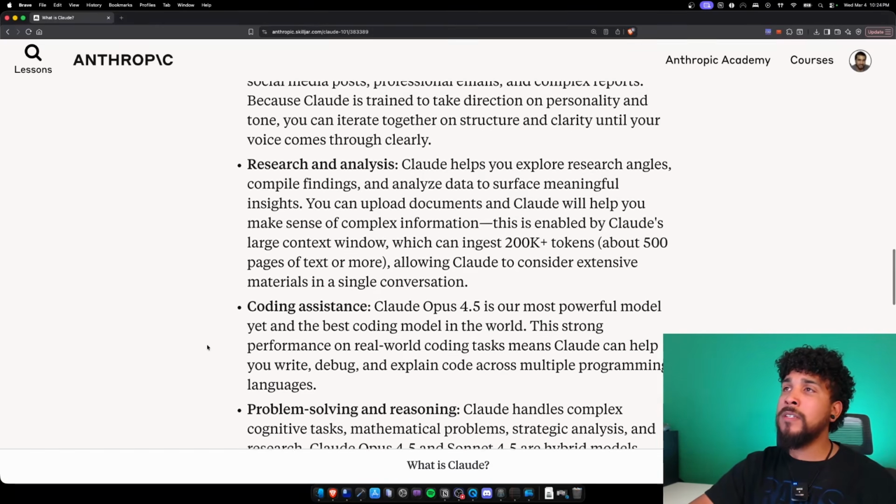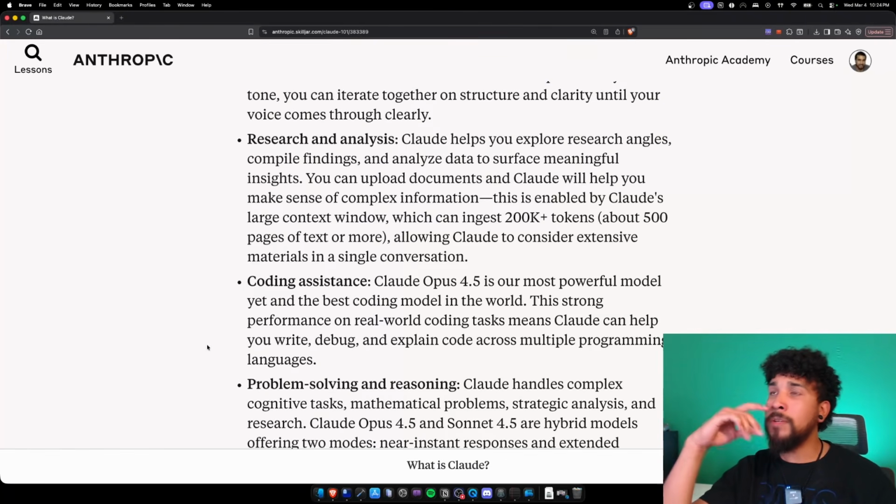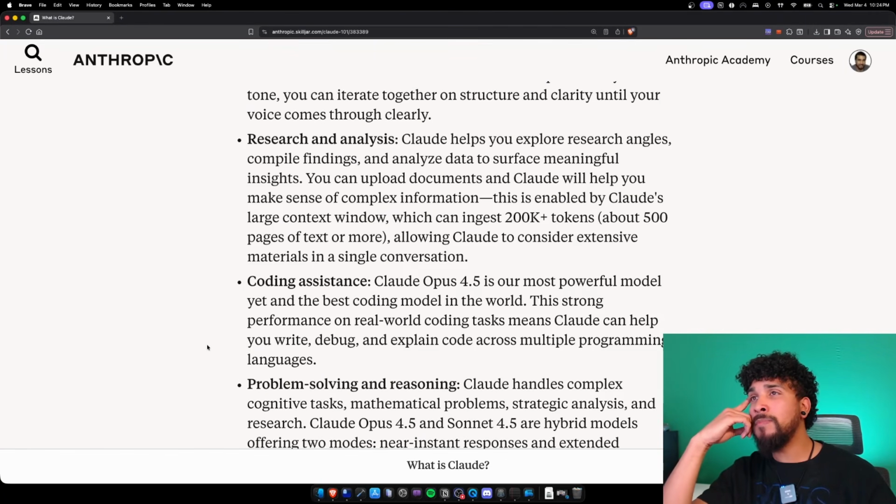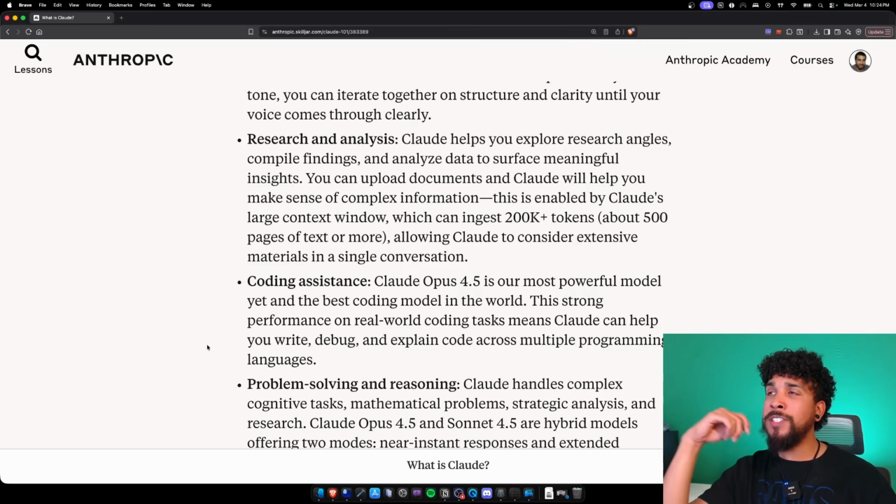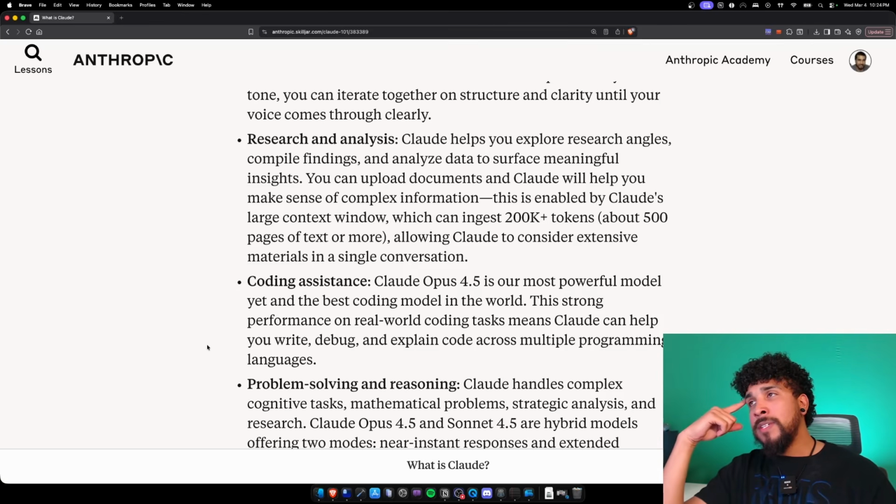Research and analysis. Claude helps you explore research angles, compile findings, and analyze data to surface meaningful insights. You can upload documents and Claude will help you make sense of complex information. This is enabled by Claude's large context window, which can ingest 200,000 plus tokens, about 500 pages of text or more, allowing Claude to consider extensive materials in a single conversation. So this kind of gets into context windows, and one thing that I will say about Claude is that